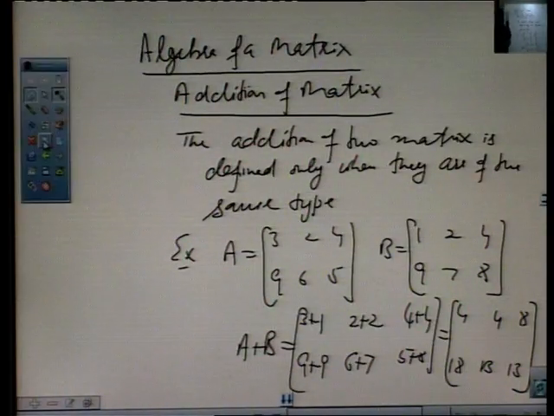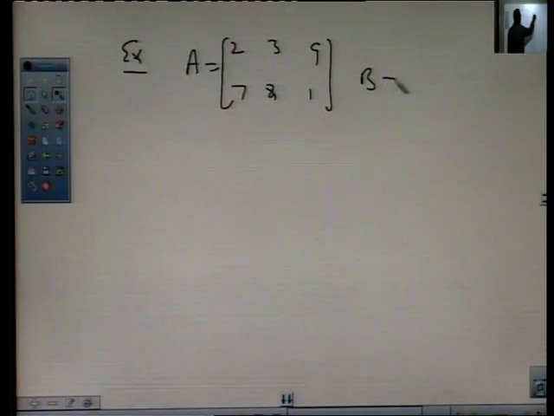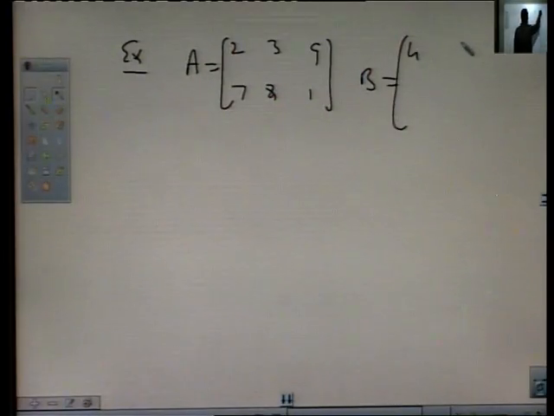Next is a second example. If A equal to 2, 3, 9, 7, 8, 1 and B equal to 4, 6, 7, 9, 5 and